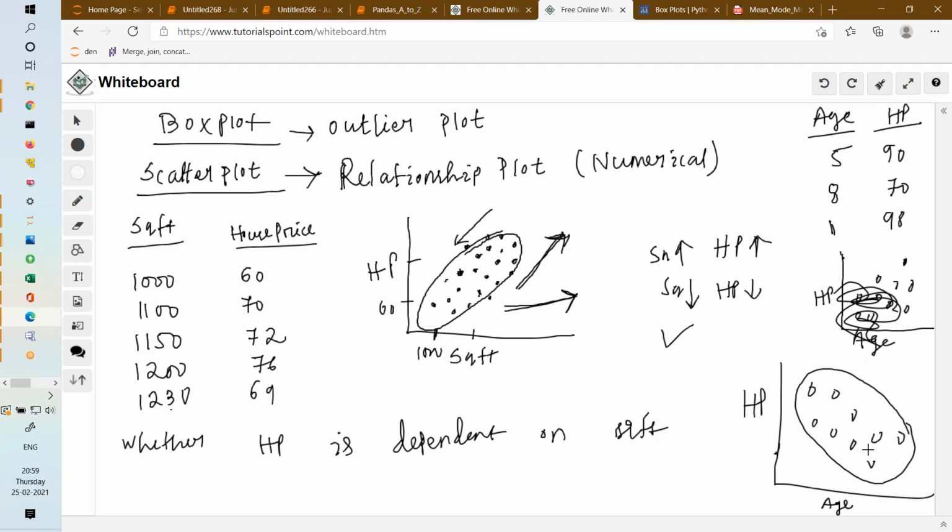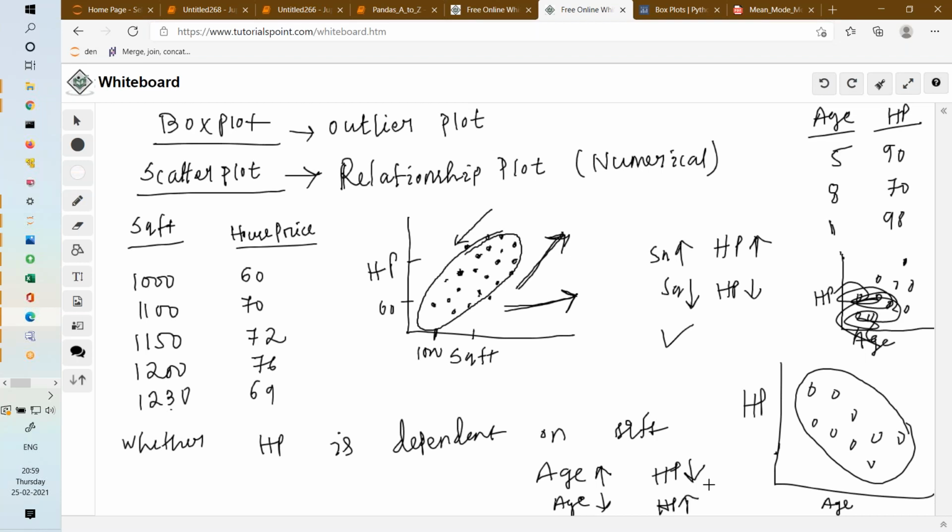They are inversely proportional. Inversely proportional. Very nice answer. So yes, decreasing, correct. So if I will increase my age, obviously if the house is getting more and more older, the house price is reduced. So a relationship exists, no doubt. Relationship exists means what? If age is increasing or decreasing, something happened to house price, then linear relationship exists, we will say. Now if age is increasing, house price is decreasing, and if the age is decreasing, house price is increasing, right?